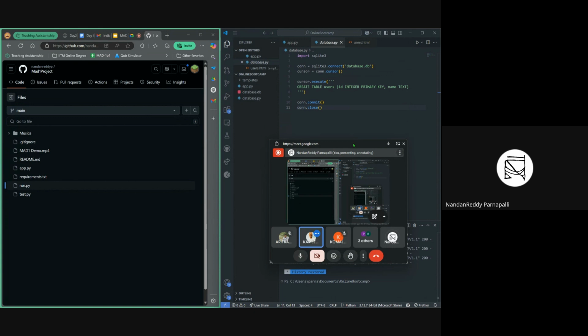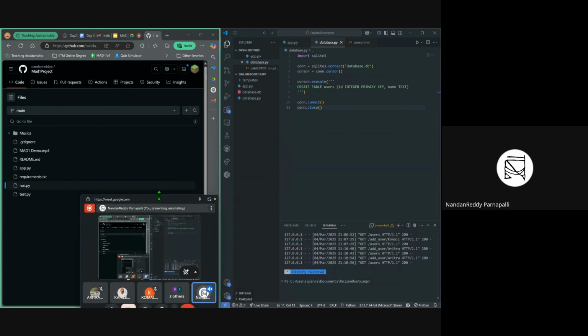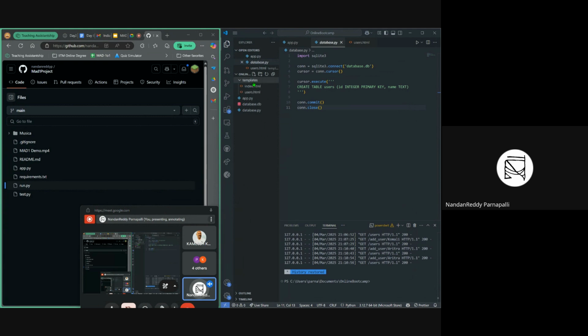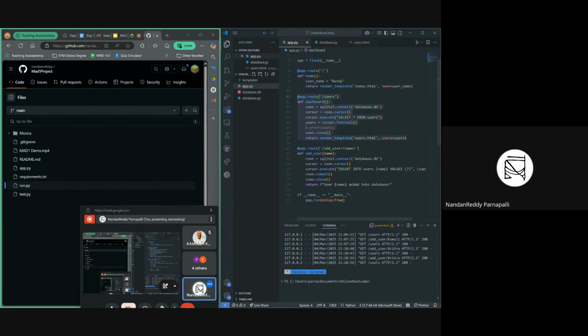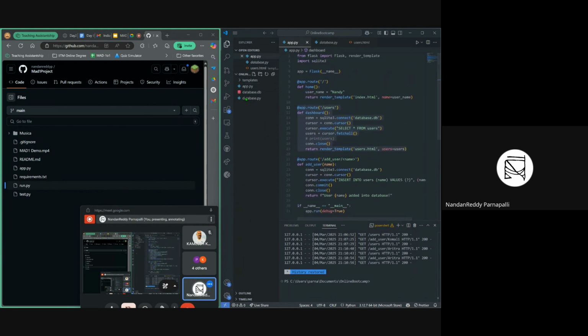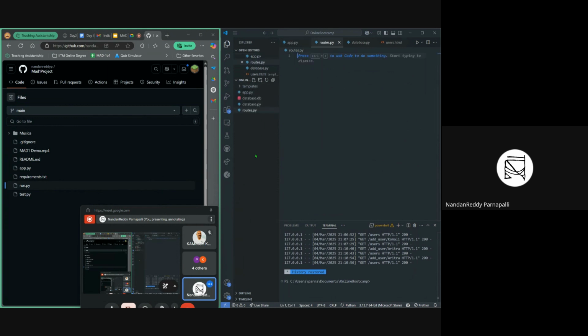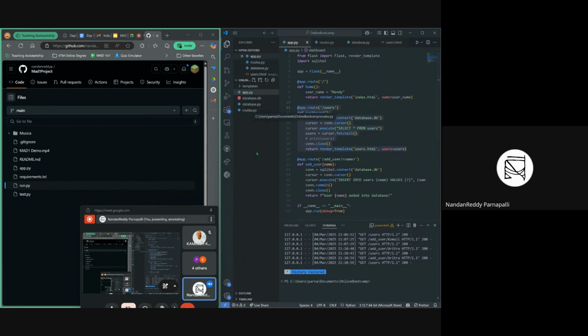Okay then. The important thing is the templates folder. Here we will put all our templates, and then app.py to define routes. Putting all the routes in app.py is maybe not good, so that's why I'm creating routes.py. In routes.py we will put all the APIs we have defined in this app.py, and other than that we need to create